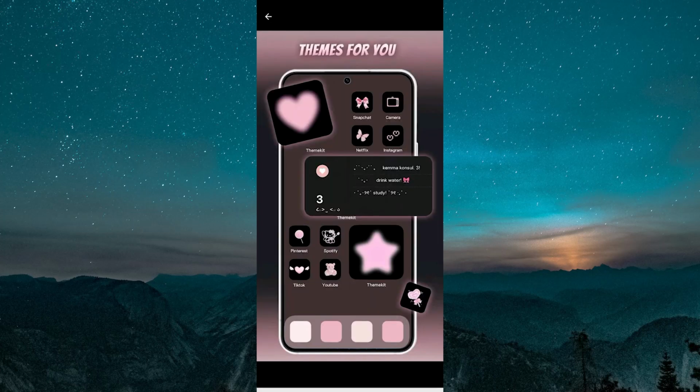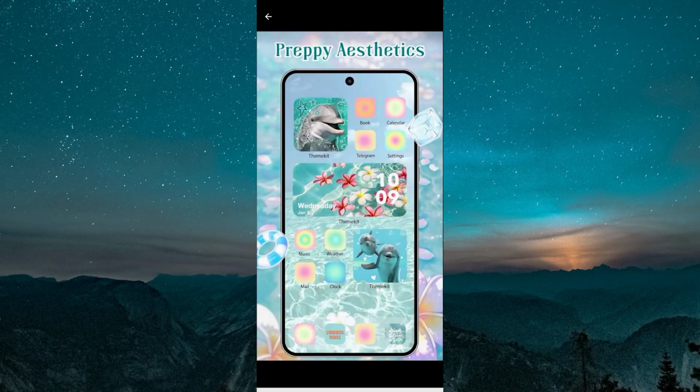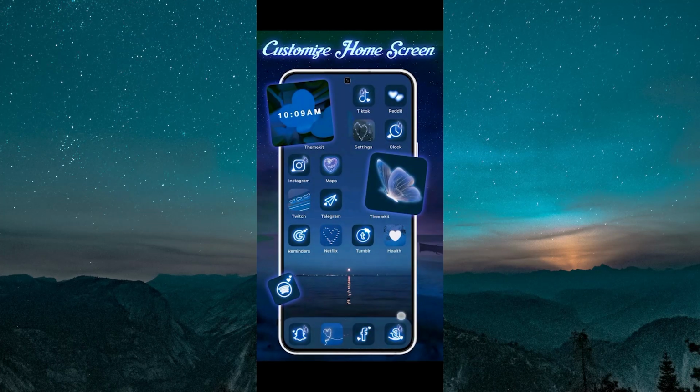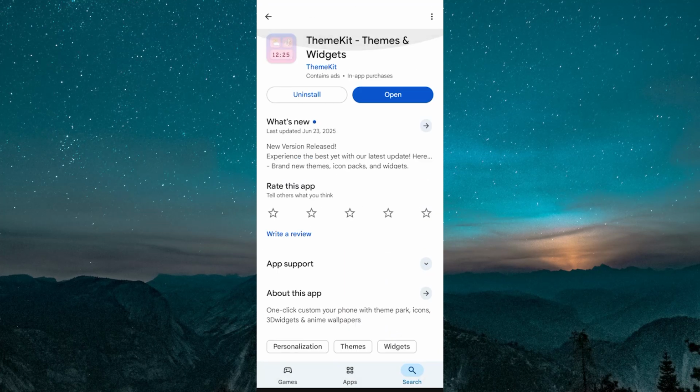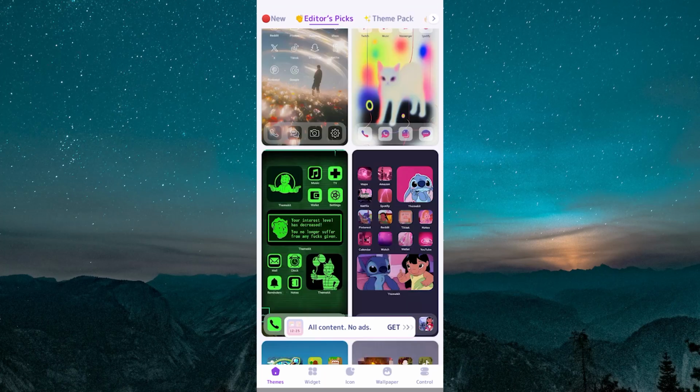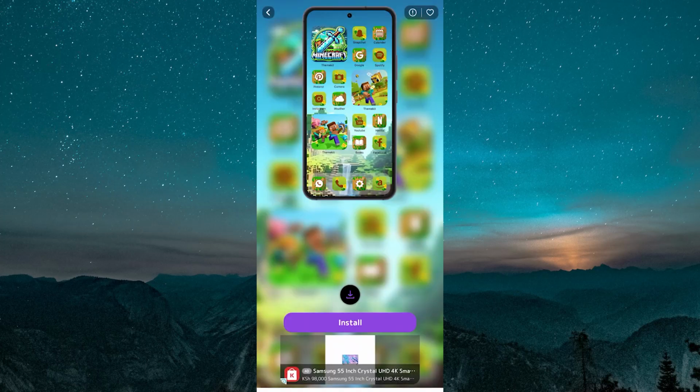and Android devices with unique widgets and icon themes, giving your phone a fresh and personalized look without needing complicated setups. Once you download and install the ThemeKit app from the App Store or Google Play, the process of applying a theme is straightforward. On opening the app, you're presented with a catalog of ready-made themes that include matching wallpapers, widgets, and app icons. Simply choose a style you like, tap on it, and follow the guided steps to apply